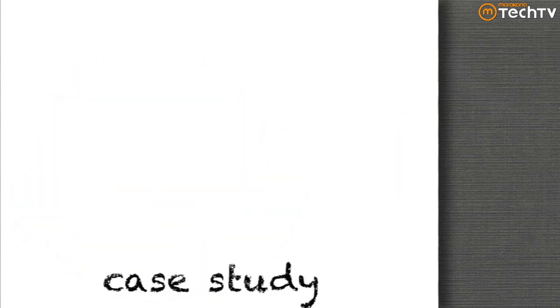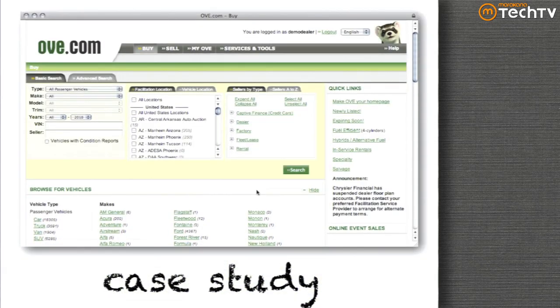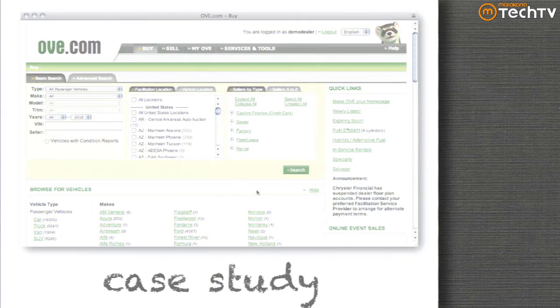This is a case study for a project that I've worked on variously for the last 4 or 5 years. This is a project that's running in our office in Atlanta right now for a company called OVE.com, onlinevehicleexchange.com. This is the wholesale version of autotrader.com. If you own a car dealership and you want to auction cars to other car dealerships, you can get a login on this site. So they do car auctions is what they do here.